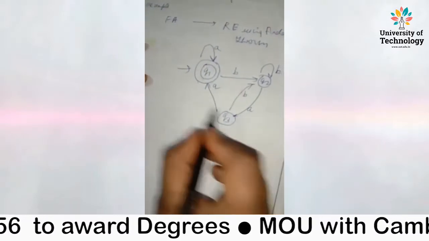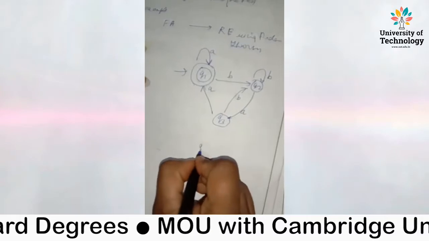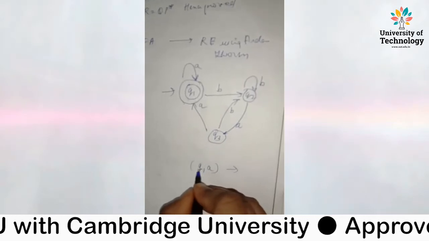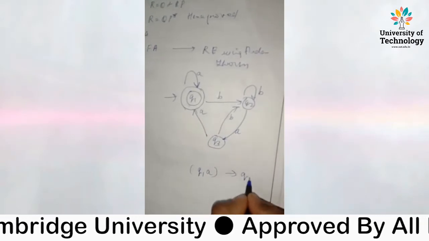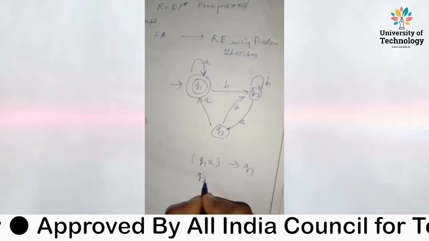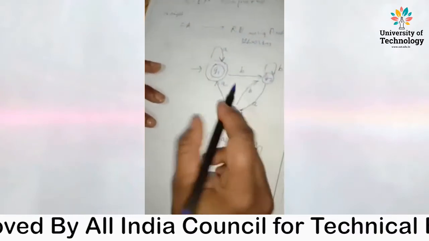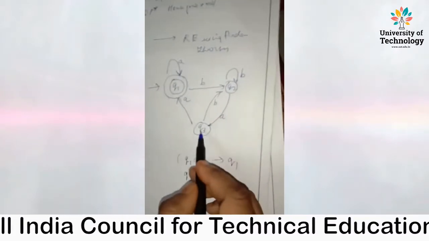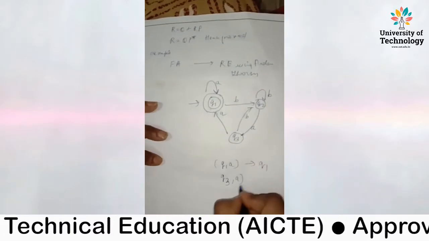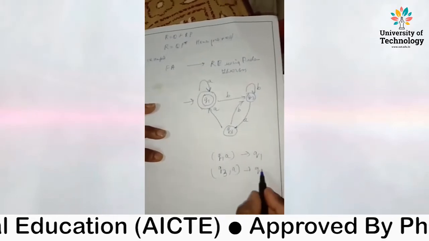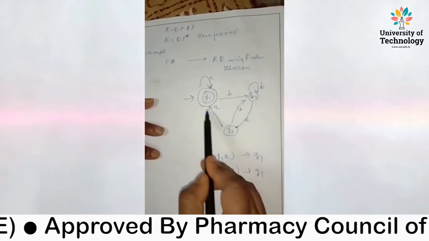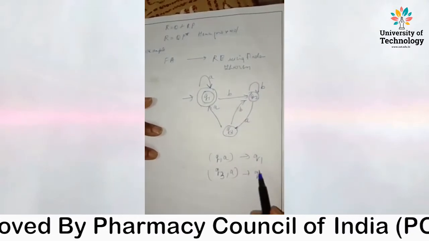Now we'll see how you can reach Q1. What are the various states via which you can reach Q1? See, Q1 can be reached as Q1 A. If we go from Q1 using A, then you can come to Q1. Then similarly, how can you reach Q1? Then Q2. Is there any way? No, there's no transition from Q2 to Q1. Now there is a transition from Q3 to Q1. So you can write Q3 A, then you can reach Q1. So the first is Q1 A, then you reach Q1. Then Q3 A, you can reach Q1. Right? So these are the two ways.